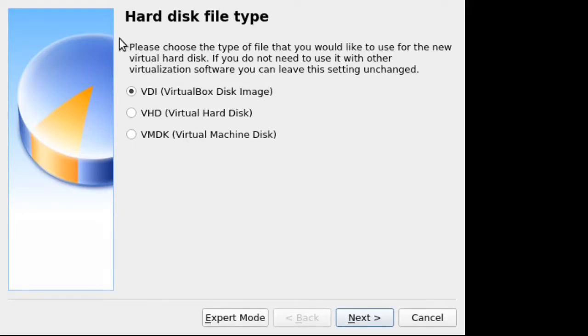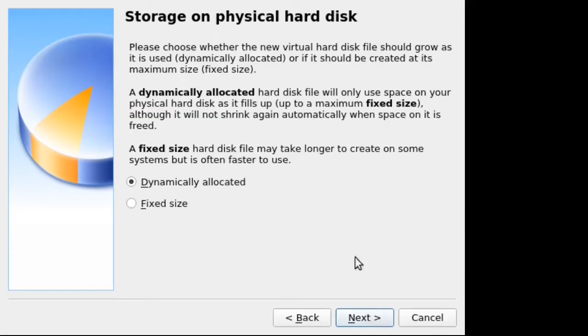Now, there are 3 different formats that you could choose for the hard drive. There's no reason to change from VDI, okay? So just choose the default here. The other 2 are for compatibility. Okay, and so what we're going to do is go next, and of course, you have to say how big